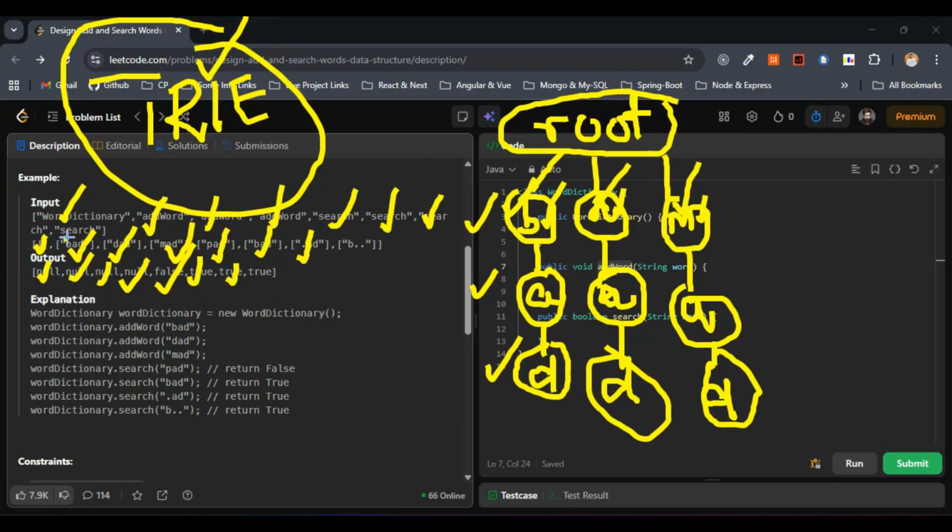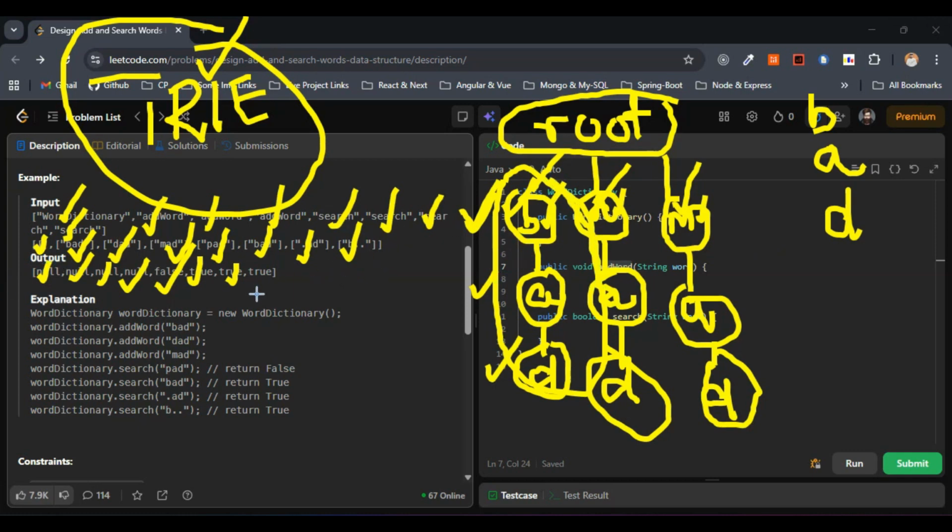Finally we are left with search of this one, B followed by double dot. So first we will be going with the B, so we will be considering B here. Next we have dot, any character we can consider. So in this case in the trie we have bad, right? So B, we have only one word that is starting with the character B. So next we have dot, so we will be considering A, we can go with A. Again we have dot, we can consider D here in this case, right? So this word is present in the trie. So in this case search of this one, bad, we will be returning the boolean value true, right? So this is how we got the output, 4 times null followed by false and 3 times true,